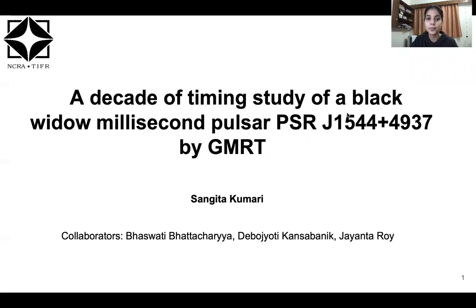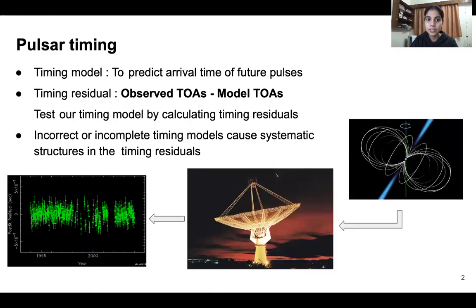So I'll briefly be talking about a decade of timing study of a black widow millisecond pulsar, which we have done with GMRT. So let's have a brief introduction to pulsar timing. Pulsar timing relies on accurate measurements of time. When the radio beam from the pulsar sweeps the radio telescope,